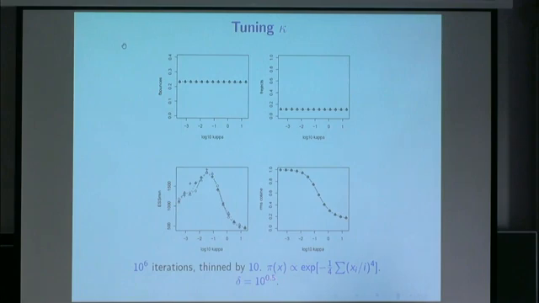Tuning kappa, so now I'm fixing delta, all right, and this is log kappa on the axis. And yes, kappa isn't affecting the acceptance or rejection, that's just the fraction of bounces because delta's staying the same. So it's taking the same number of iterations to go across, and the accuracy just depends on delta, whether or not you're going to accept.